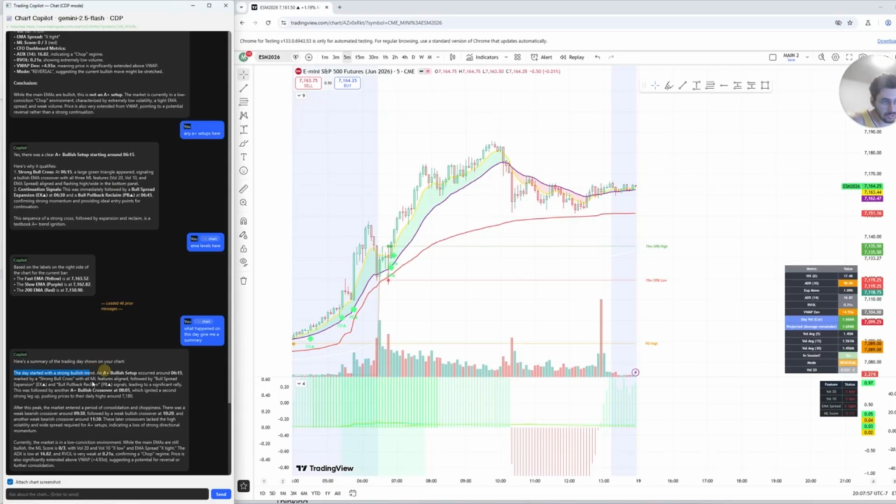Here's a summary of trading showing they started with a bullish trend, the AI bullish setup occurred at 6:25, EX, PB signals. These are just my pullback and expansion signals. These are again my signals. I'm not selling an indicator. I'm not doing anything. And there's a bearish crossover later on at 9:30. It messes up with the time frame, because maybe I'm gonna show the time frames too when it takes a screenshot. And let's just ask about the EMA levels here.